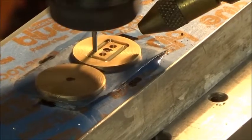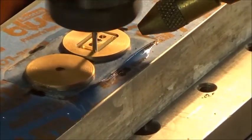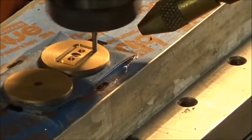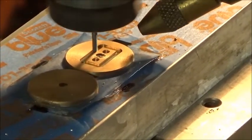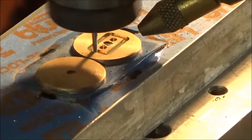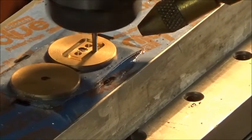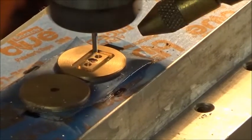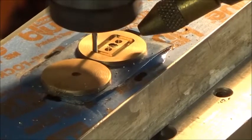What I'm going to do once this one's finished, and I'm guessing it's going to take, I don't know, it's been running 1 minute and 1.5 minutes right now, and it's not almost done. So I'm hoping that the tape holds in the super glue. If it doesn't, I guess it's a lost cause. But pretty small little piece. I'm not using any tabs on it,